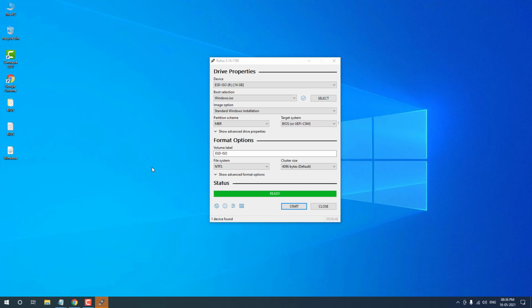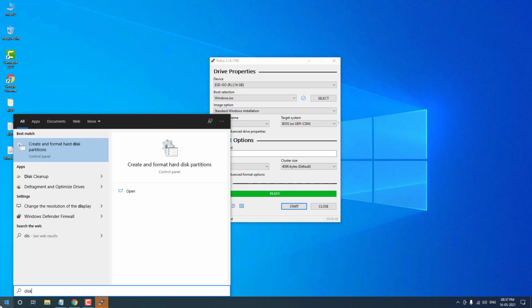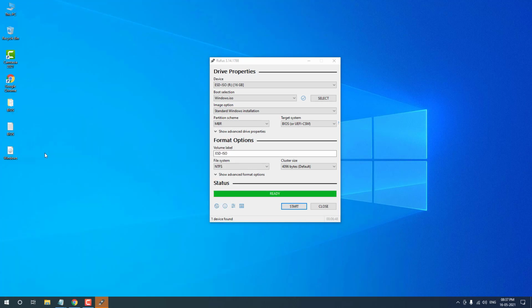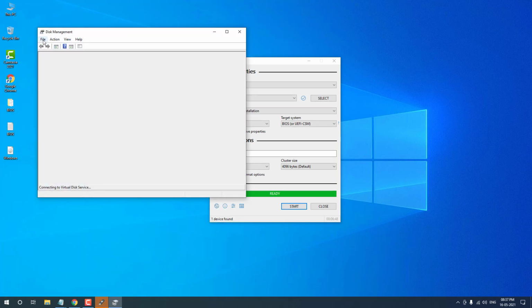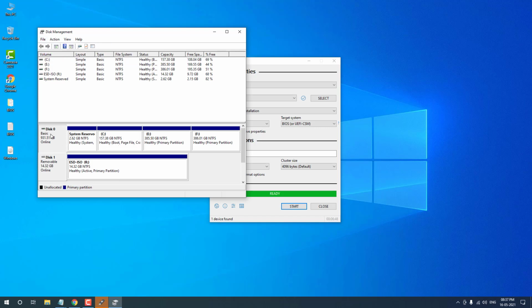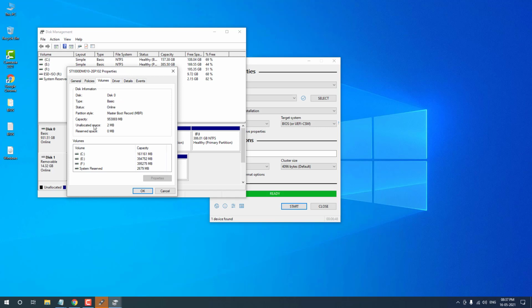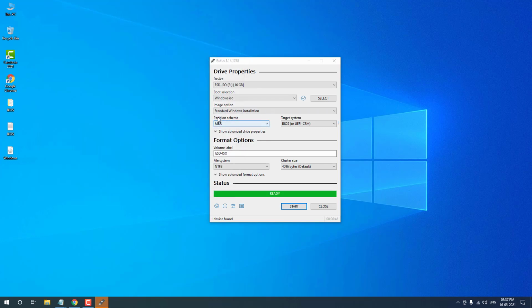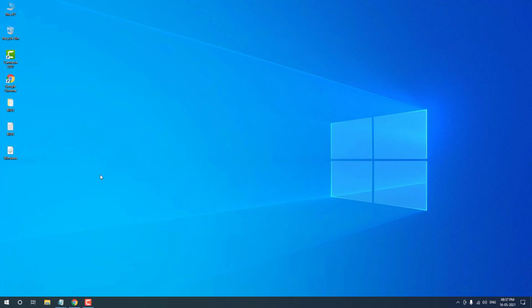If your partition style is GPT, which you check in disk partition, then you have to choose partition scheme as GPT. Then format the pen drive and click the start button again. It will automatically convert the ISO file to bootable.